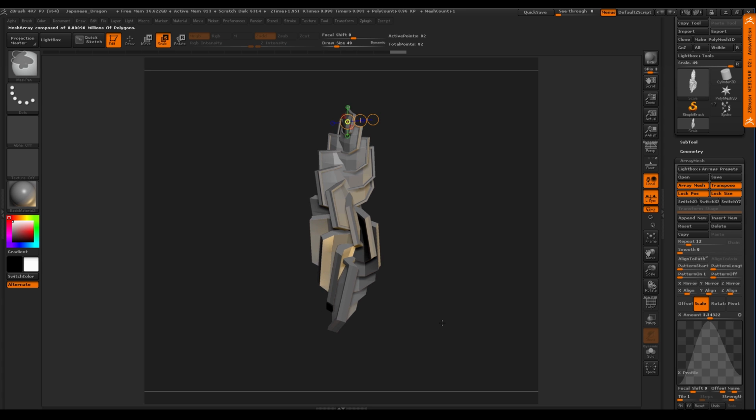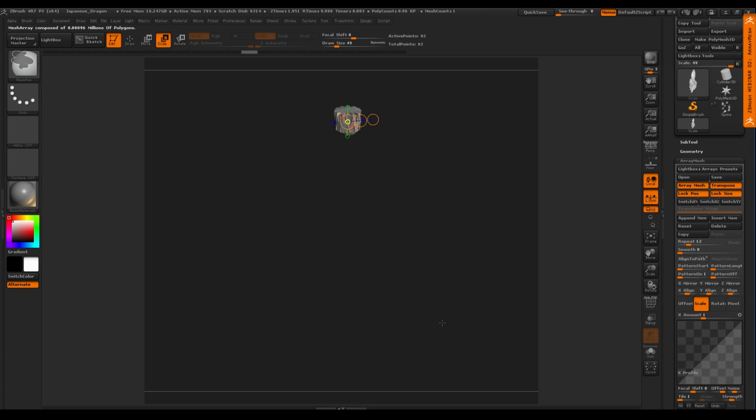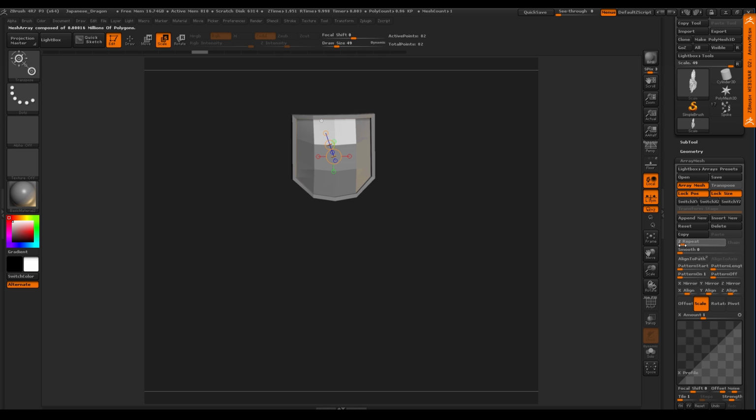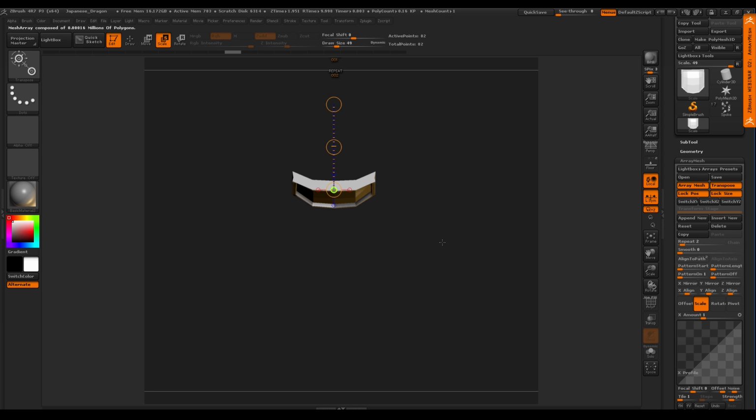So here, if we go back to undo, if I wanted to, right, when we were originally at this stage here, and I started saying the repeats I wanted, I could even turn on the transpose line here and say how many repeats I want, right? So you can see as I just click and drag back and forth, it's changing my repeats just like it's changing the repeats here. All right?